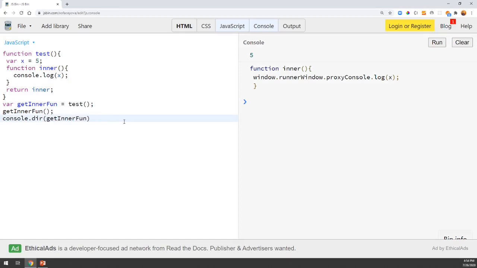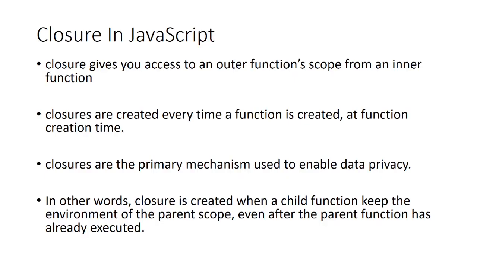Now there can be questions in the interview. What is closure? As I have explained on the slide, let me go back to that slide, and we have seen practically what is the use of it. It will give us access to the outer function's variable. Whenever we create a function, there will be a closure created. We have seen that on our browser console.